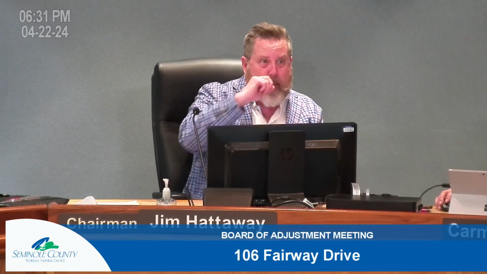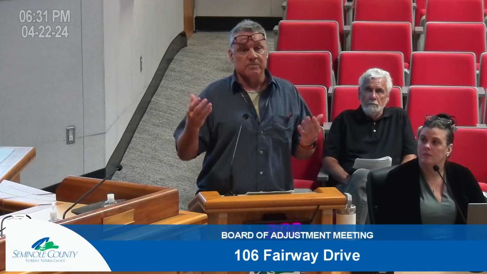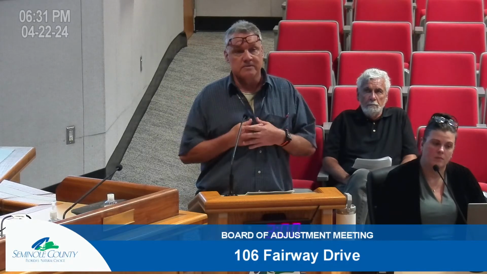I bought the house in 2020. It was built in 1960. It had the front porch on it. The hurricanes sustained some damage, so I took it down because it was unsafe and wanted to bring it back up to code, and realized if I built it the way it was, it's encroaching on the setback. So I wanted to see if I could put it back the way it was. If not, I just have to go shorter. Gentlemen, any questions? My question was just answered.